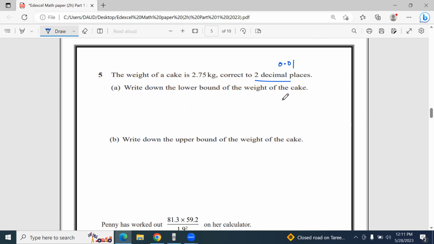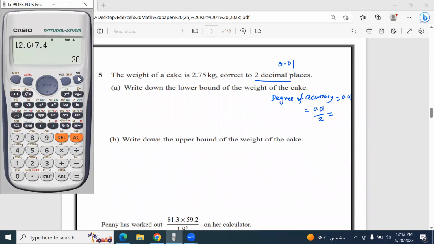So our degree of accuracy is equal to 0.01. So we always take the half of the degree of accuracy. 0.01 divided by 2 gives us